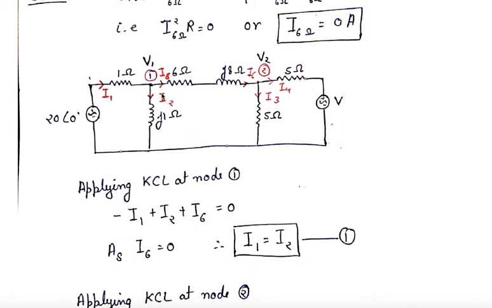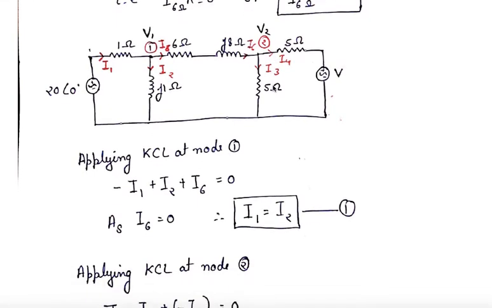So I6 we have marked here. Similarly for this node we have marked the voltage as V2, and because I6 is going in this direction, which we marked as leaving for the first node, it is entering this node, because we cannot put the same I6 current in the same direction at both. Whatever is coming from here will flow through this node. So I6 is already marked. I3 and I4 we have marked in the leaving direction.